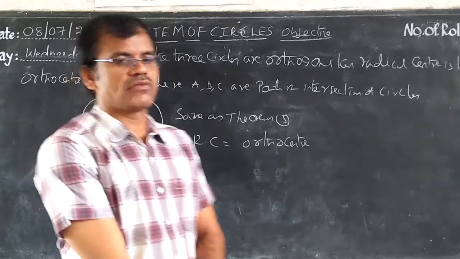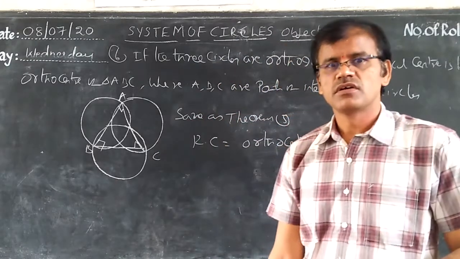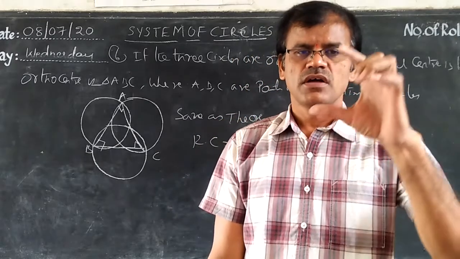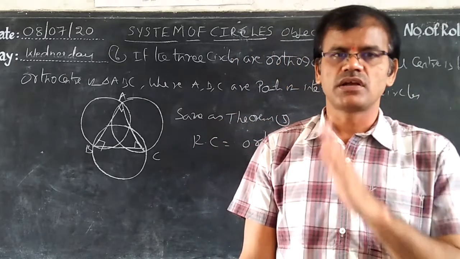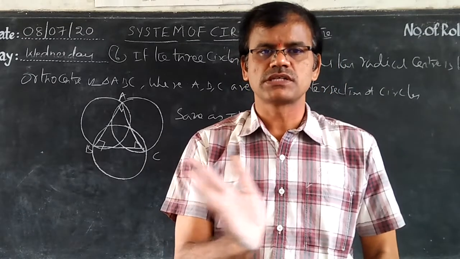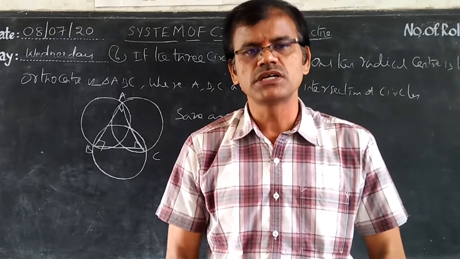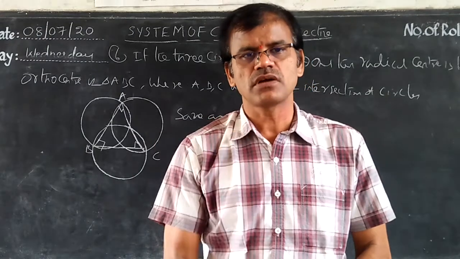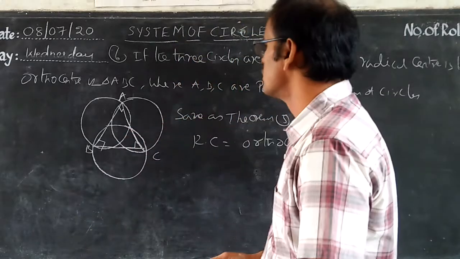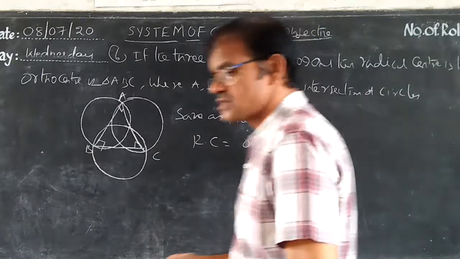If you are unable to remember the formula, simply try to understand that whenever three circles are orthogonal, the radical center is the orthocenter. It depends upon the diameter. Every diameter cuts the circle into two equal parts, which are called semicircles. We know that the angle in a semicircle is 90 degrees. Ortho itself means altitude, which is nothing but 90 degrees. So easily you can understand that it is also the orthocenter. Whenever the 90 degrees concept is there, the radical center becomes the orthocenter. Remember this as a formula.